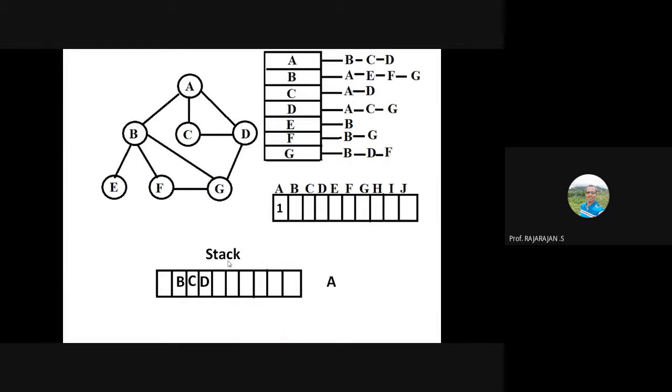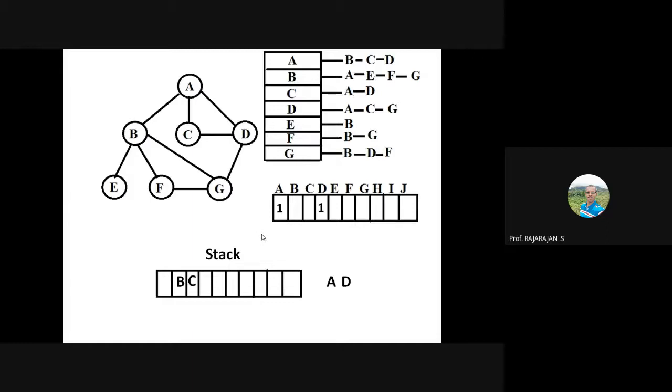So we have completed that step. This must be implemented using a loop, obviously. There should be a loop which inserts all the vertices that are adjacent to A into the stack. Once this step is completed, we have to repeat the previous step. Take the top element from the stack, D, mark it as visited and print it. Now what is the next step? I think it should have become obvious now.